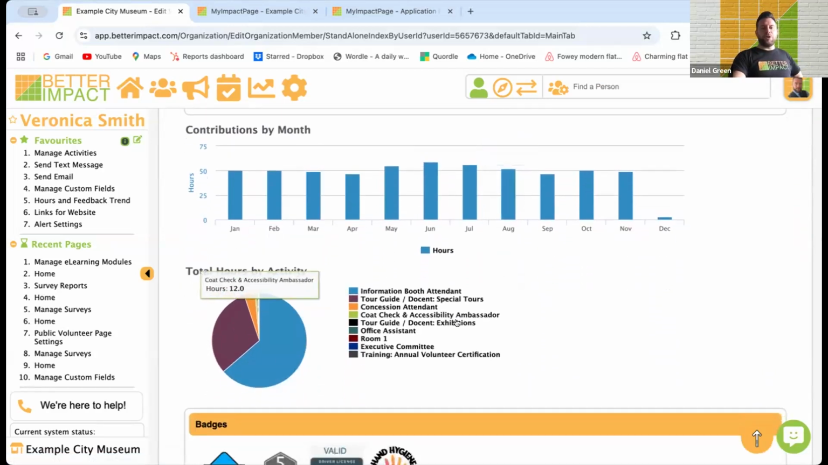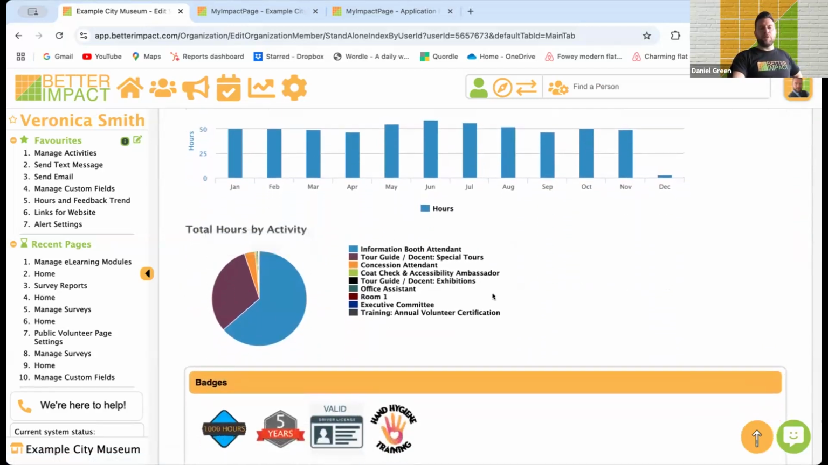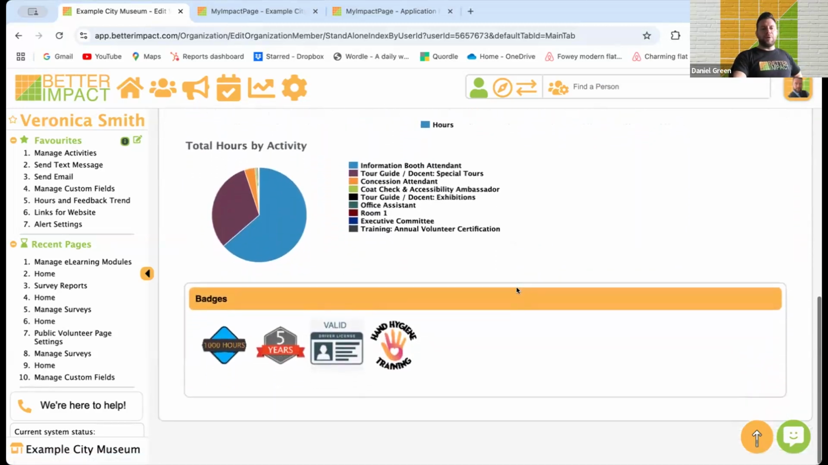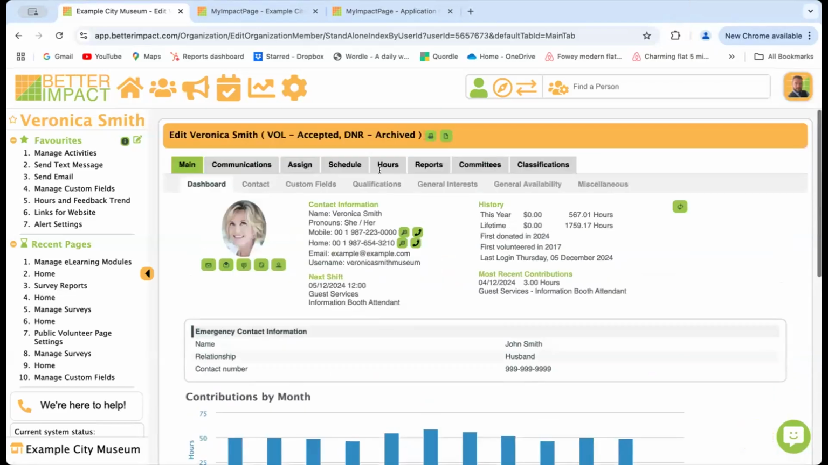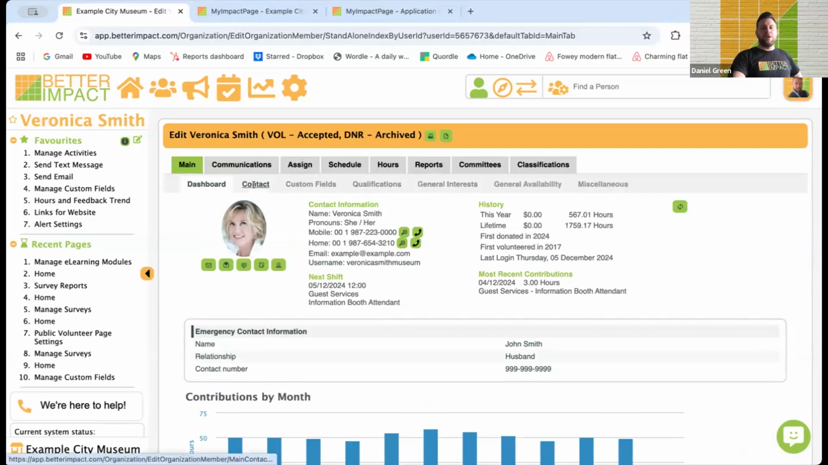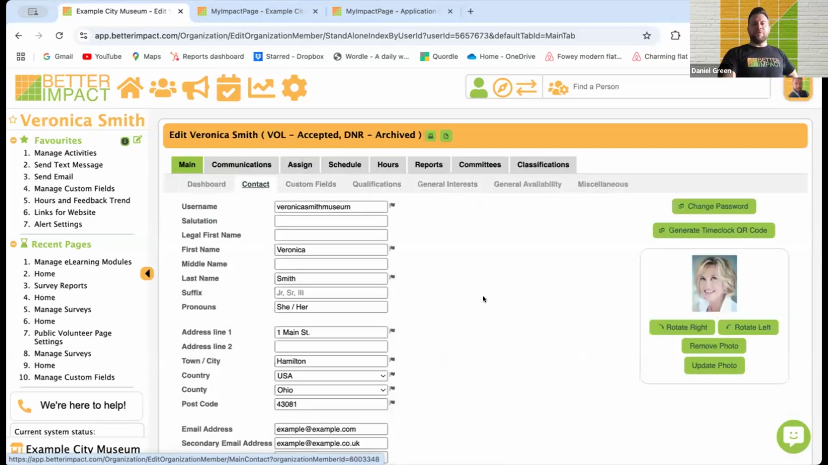And a pie chart showing you her total hours by activities. And there we go. There's some of the badges as well that Veronica's been awarded. So back up to the top, just through some of these sub-tabs here. So this is where you can see all of Veronica's information,